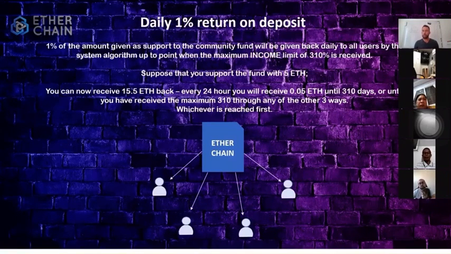That means if you participate in helping to grow this community and community fund, receiving the 10% direct commission and matching commission, and maybe even the top sponsor pool, it all accumulates towards your 310 limit. Everything and anything you receive from Etherchain goes towards the 310 limit.